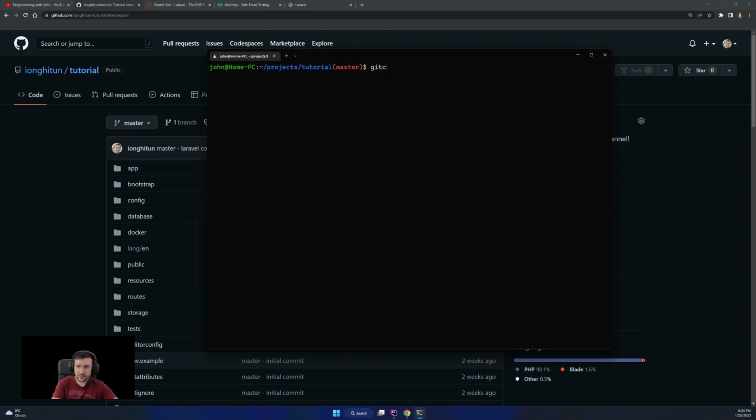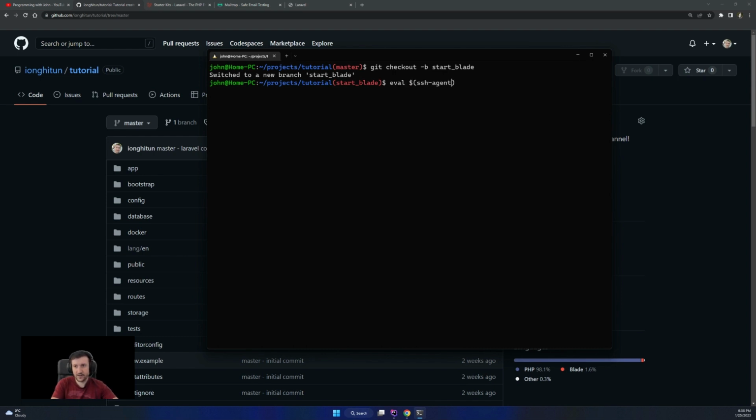So I'm going to create a new branch, and the branch will be start and then Blade, because this will be a Blade one. And then, in order to be able to push, like I told you in the last videos, we need to eval an agent and add the key to the agent.